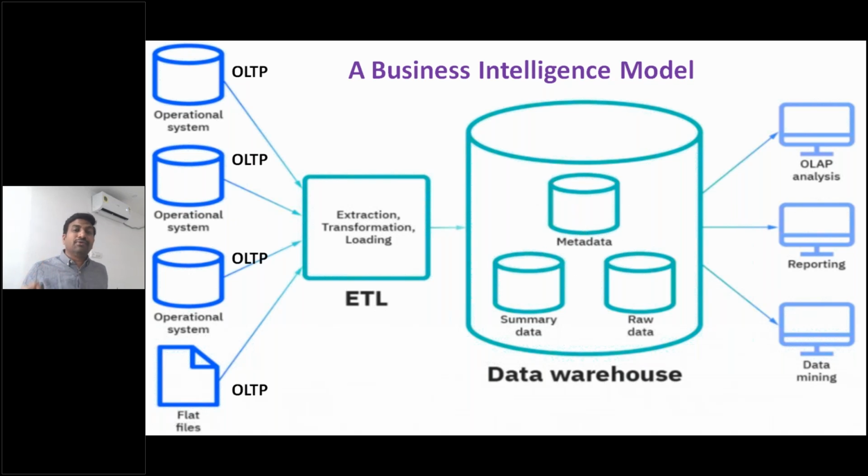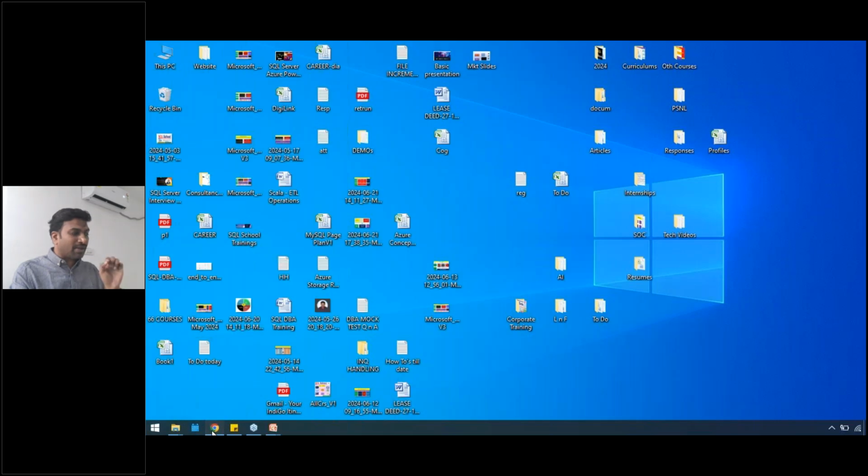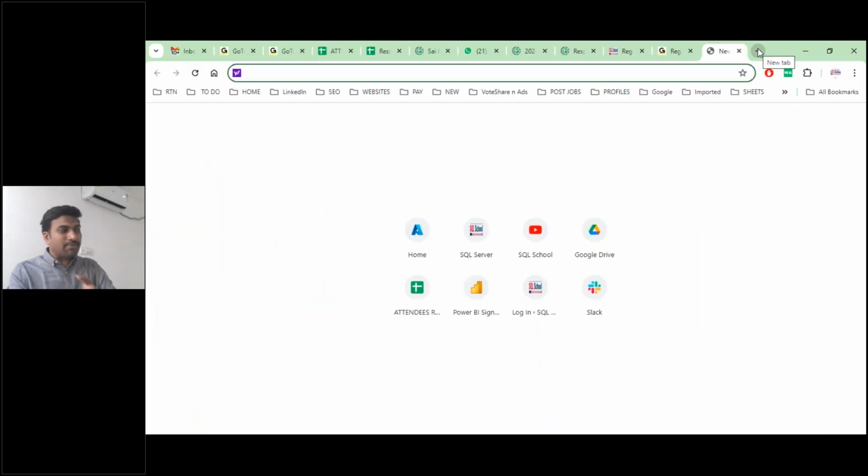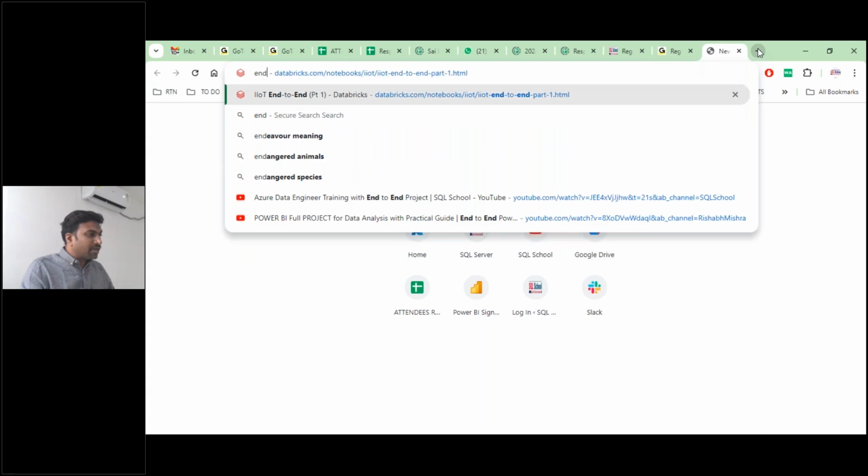This data warehouse will be the source for data analysts, number one, data scientists, number two, and AI engineers, number three. Without a data warehouse, practically no data science projects, no AI projects, no data analysis projects. Let me show you with a small end-to-end implementation to justify my statement. Of course, we are taking the same course here one by one just to get some idea.